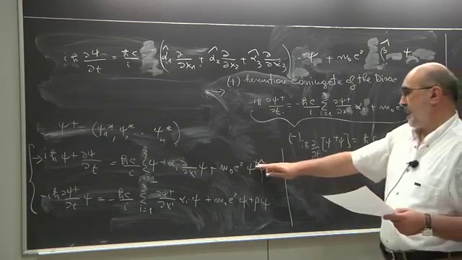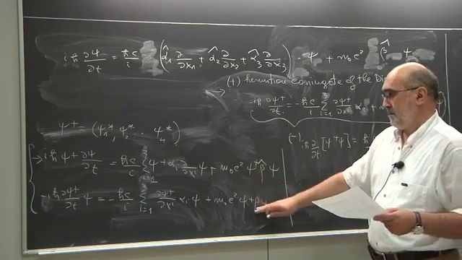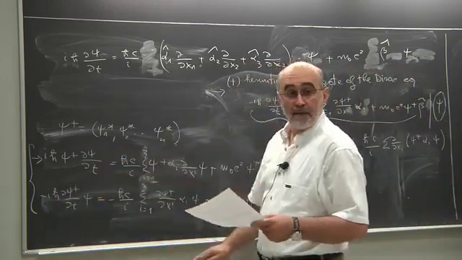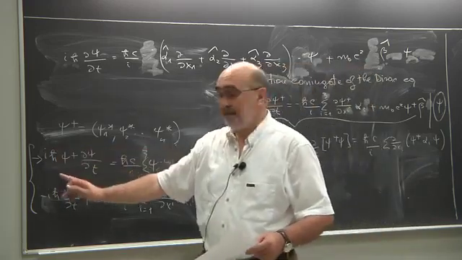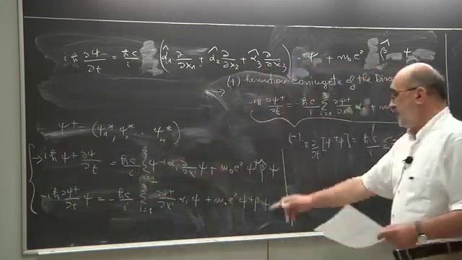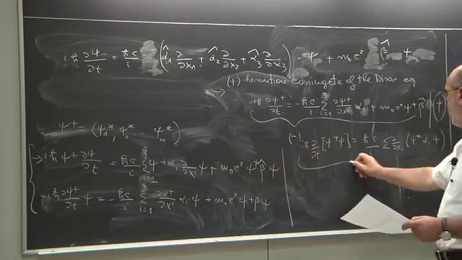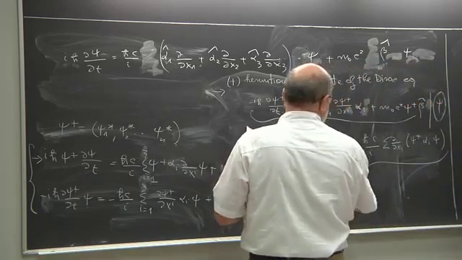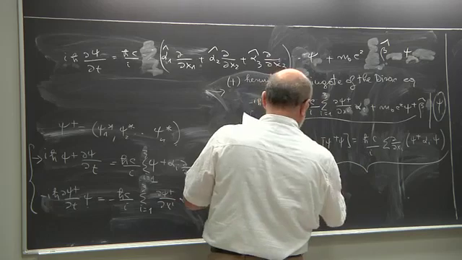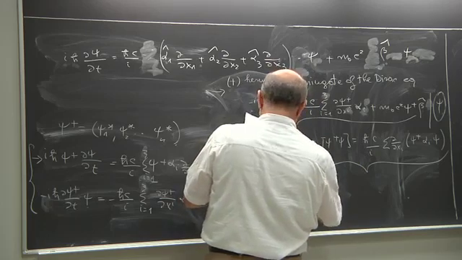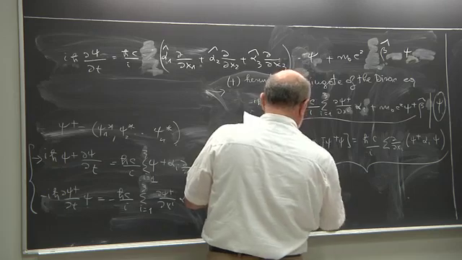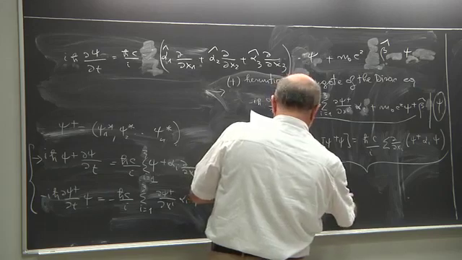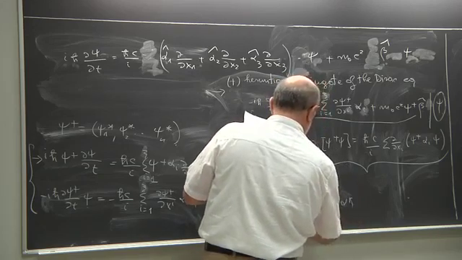Okay? When I subtract, these two go away. These two sum up because there is a minus, and these two sum up because there is, and so there is a 2 here. When I sum, there is a 2 here that cancels, and these two instead cancel against each other. So you are left with this equation. And this equation can be interpreted as four-current conservation, because if I interpret rho as psi dagger psi, and I interpret the current j_k as c psi dagger alpha k